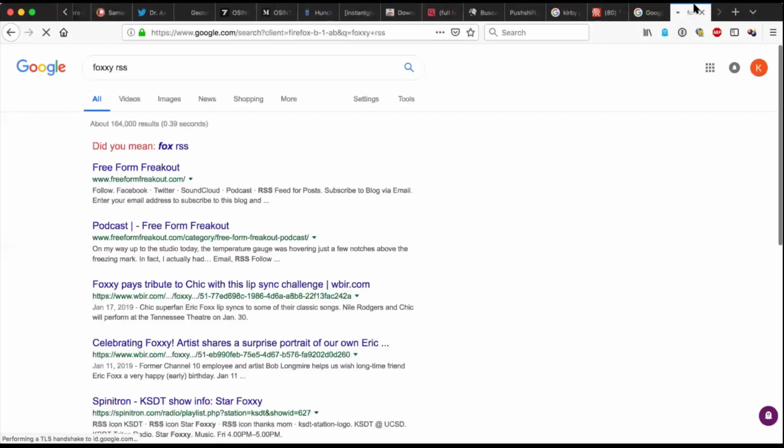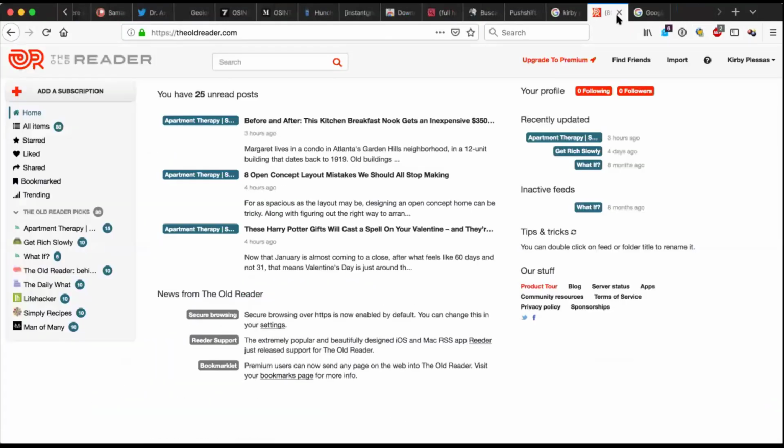Okay, yeah. So I'll look for it, but if you can put that into the show notes. So I think that for beginners, the old reader is the easiest one, but it does not have a mobile version, which is the only thing I don't like about it. I was teaching a class last week, though, and we had something like 40 people, and we all tried to use the old reader at once. A couple IP addresses, not very many, though, so most of us were on one IP, and it just crashed it. So I was worried about whether or not it would work today.